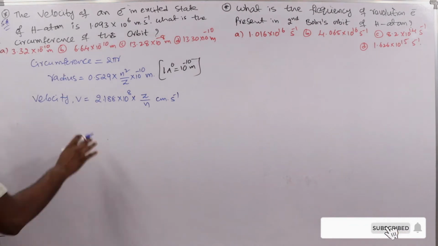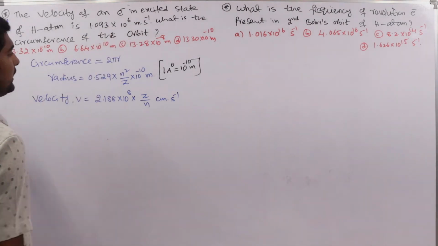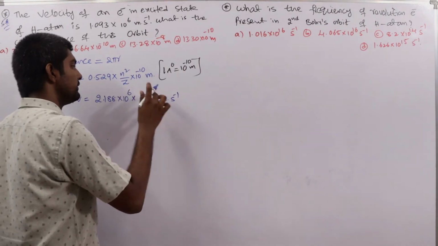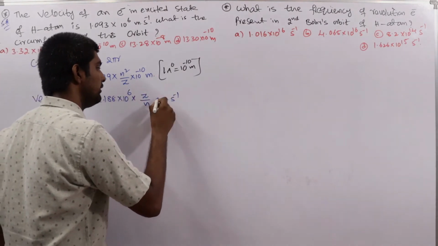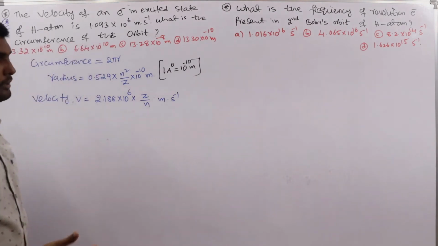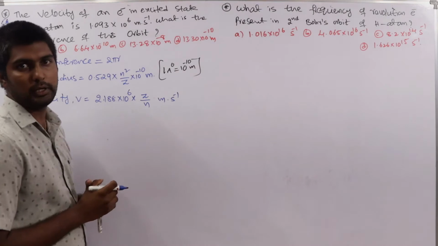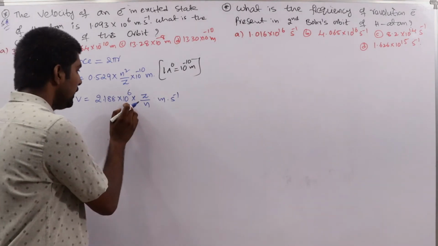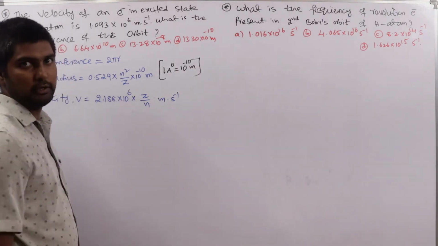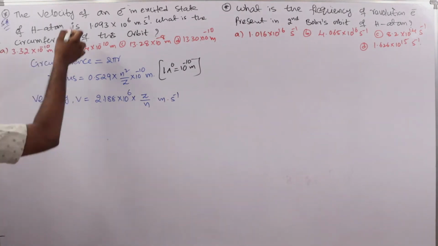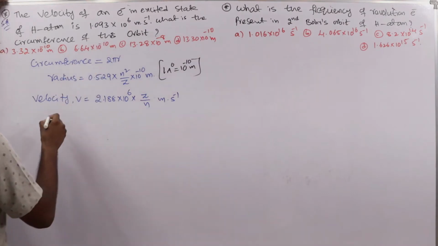But here the velocity is given in meter second inverse. So that's why here we can take it as 10 power 6 meter second inverse. Clear? That is the original formula, but here we need it in meter second inverse. 10 power 8 means centimeter second inverse we get. Velocity is provided here. How much?